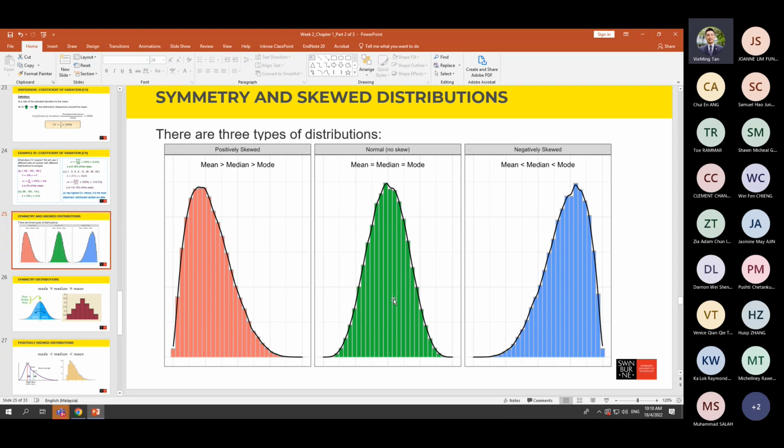Interestingly, if the data is normally distributed, the mean, median, and mode value are all in the middle, and these three measurements are all equal value. Equal value. So this is the interesting characteristic of symmetrical data distribution. That means the mean, median, and mode all are in the middle here. Okay, if I draw a line,